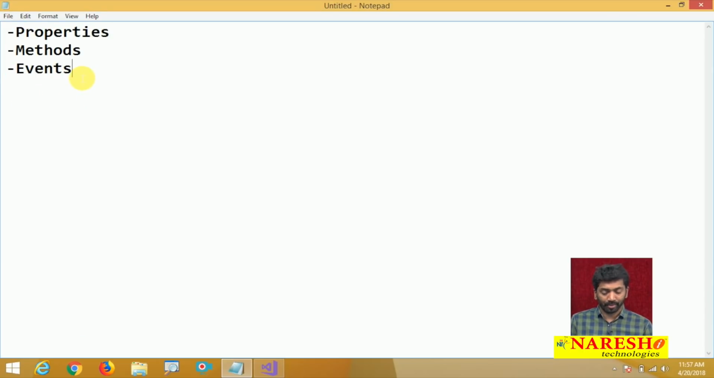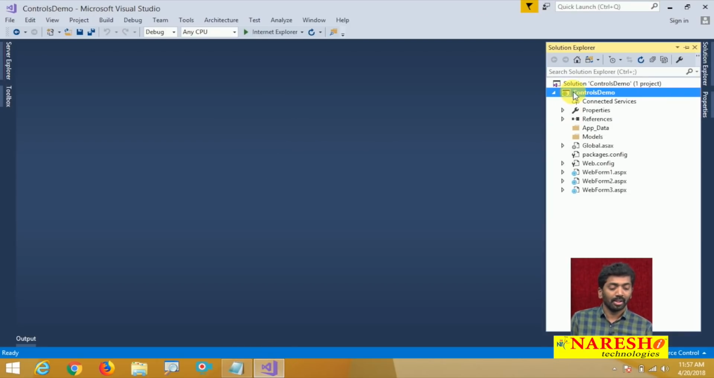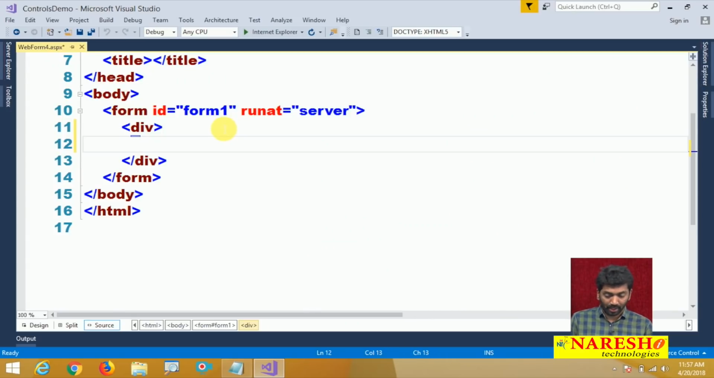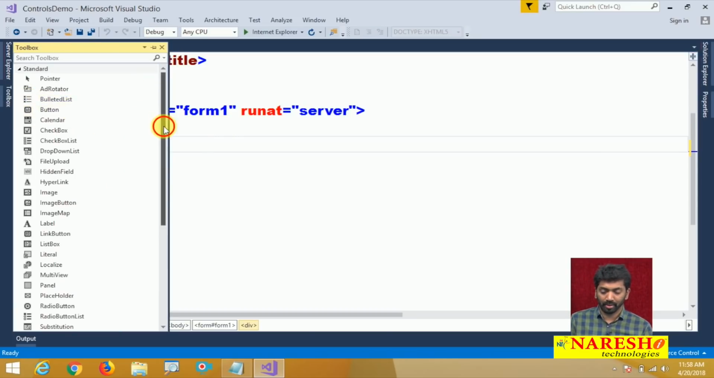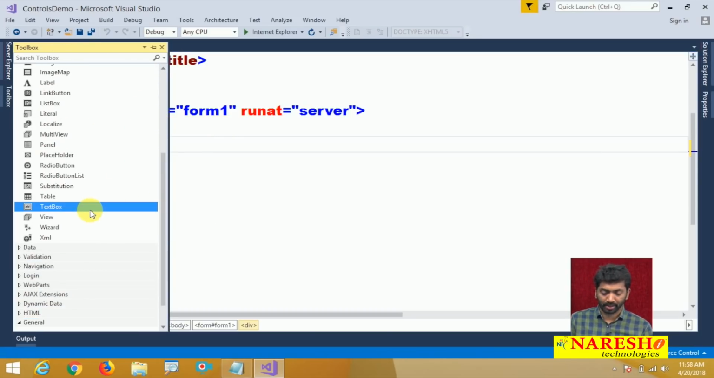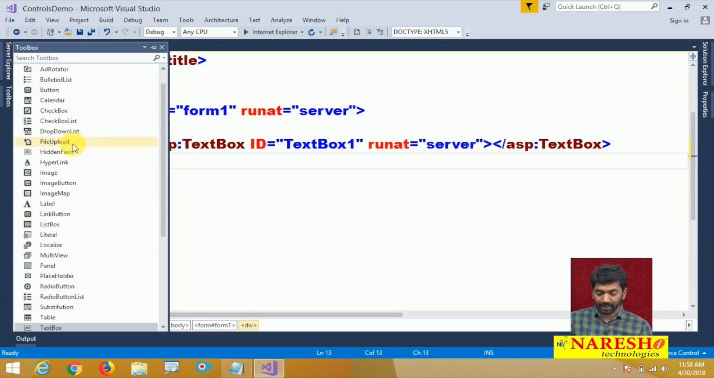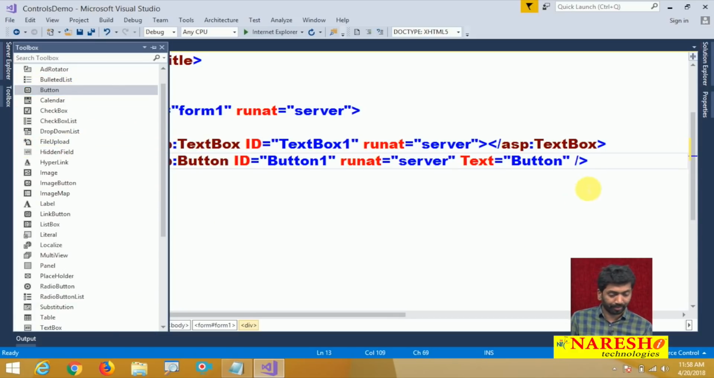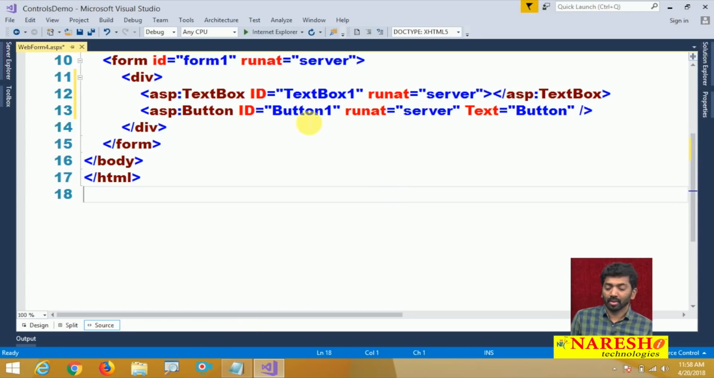Today in this video I will explain about PostBack. What is this PostBack? What does PostBack mean? See, let's take a web form, and on the web form, let us add a text box and a button. Now, when I run this,